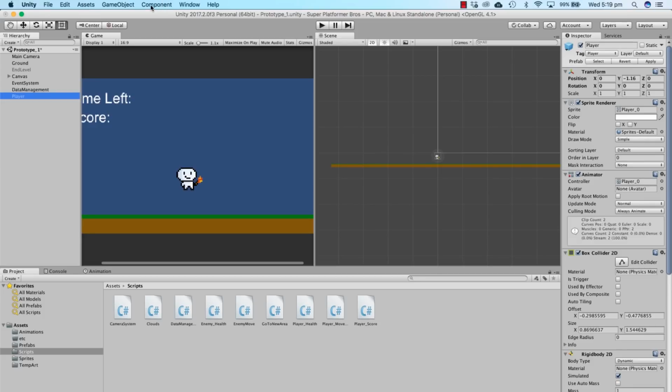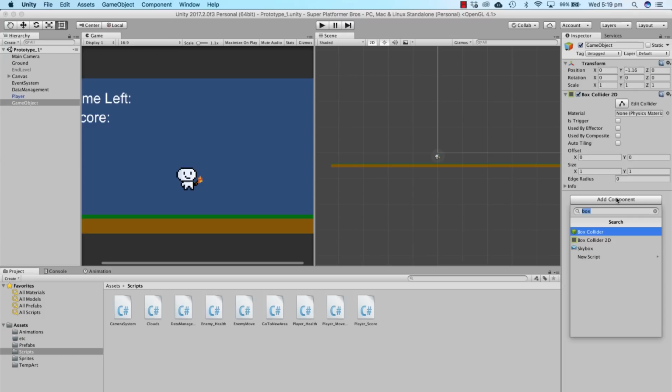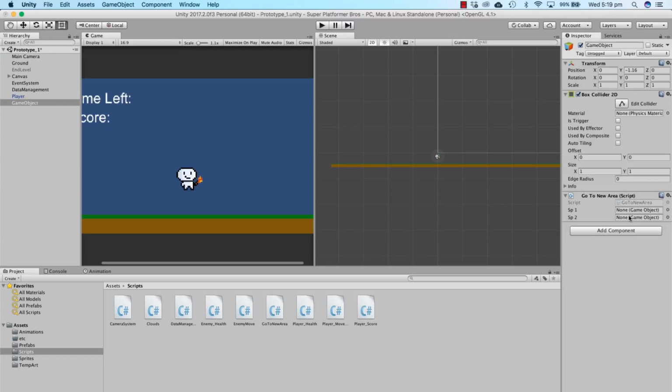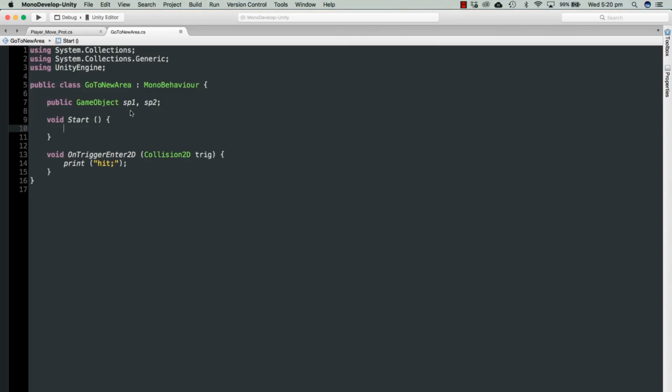Cool, so let's just test this out. Let's create an empty game object. We're going to add a Box Collider 2D. We're going to add our script, go to new area, and in start, we actually will need a void Start, and then we just need to say sp1 equals this. So if we press play, then